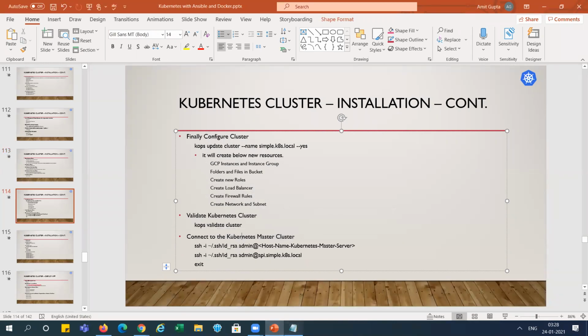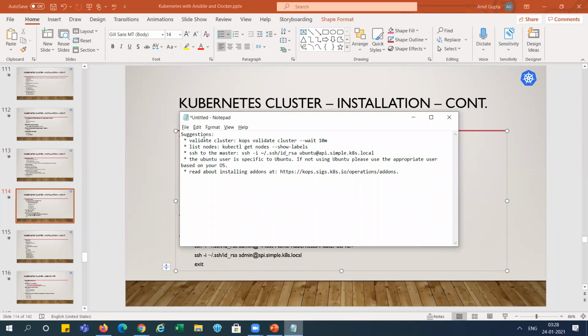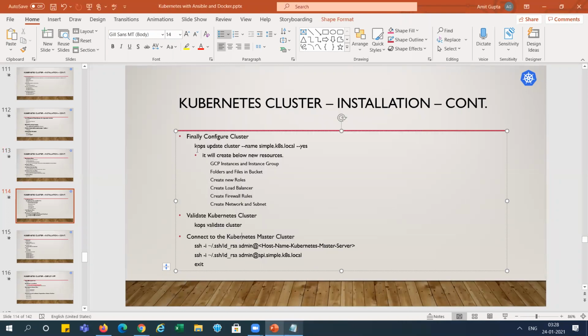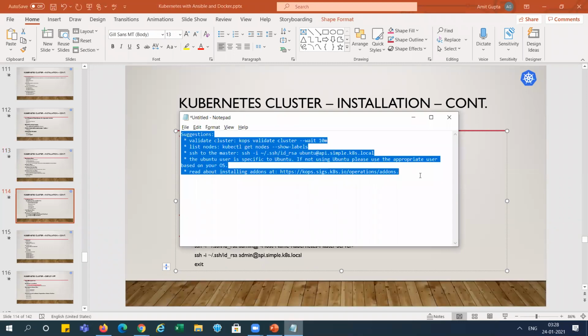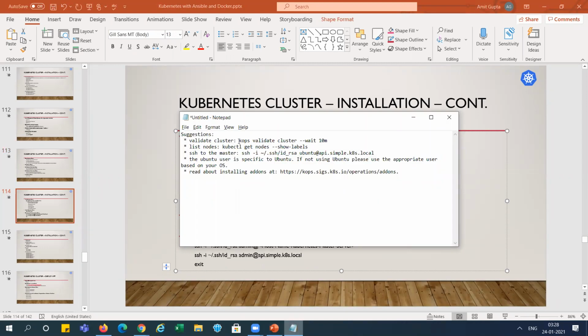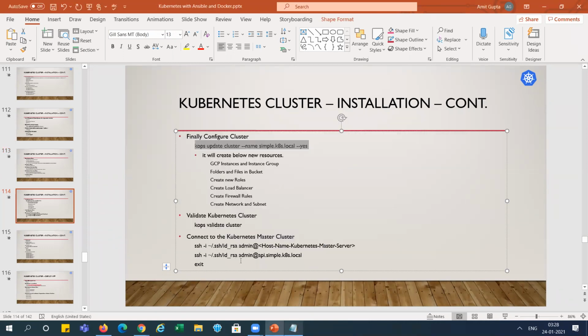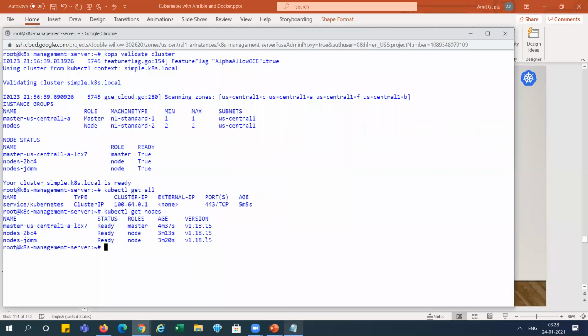So I've copied this command. When we run this command, we got this message, so I copied it here to show you. So we already ran this cluster, right? And after that, I'm just SSH to the master. Let's try this command whether it is working or not, right? And you can see the same command I have written over here. So let's go and run it here.